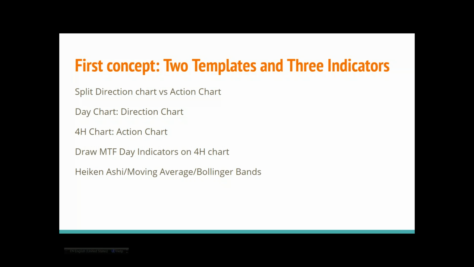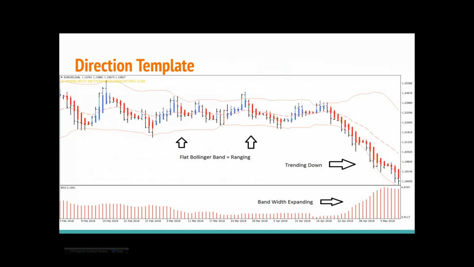Also, we try to use the Bollinger Band. The reason we use Bollinger Bands is the mathematics behind Bollinger Bands is opposite than moving average, because with Bollinger Bands, you calculate the delta, and also use the statistics model, which we like a lot. So next, let me show you an example of the template which I draw.